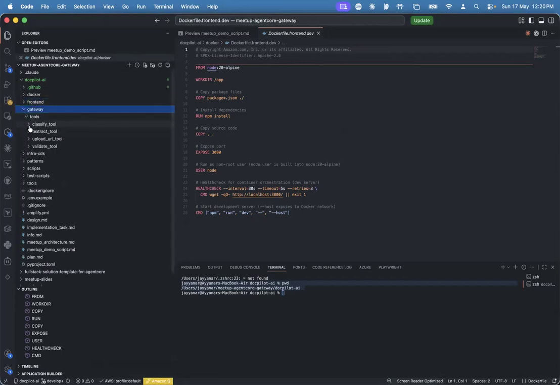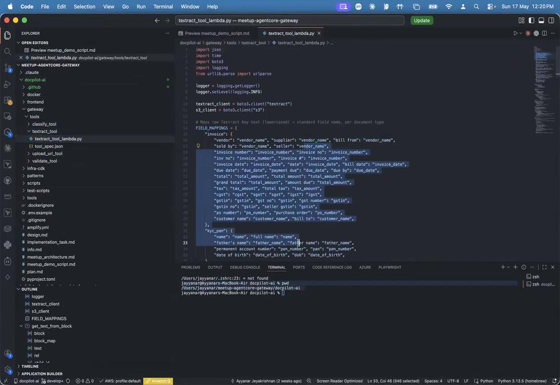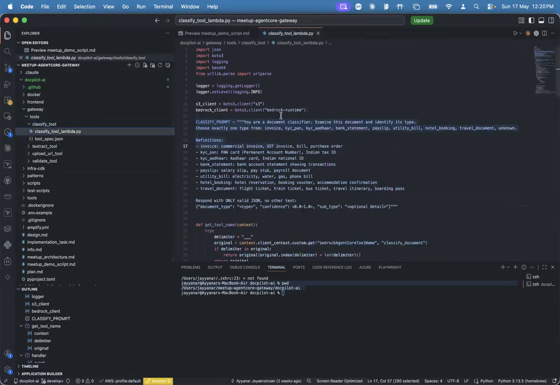Then gateway, you have the tools. You have the particular Python function. Under the tools, what are the gateways you have? You can keep a classification tool, text extract lambda function. This is where we need to edit it. See guys, the tool is speaking all this information. You can map it in a lambda function, or you can use it in some other knowledge base. It can be your database or MongoDB where you can do this validation. But this is about the Textract. It is using Textract as a Boto3 client. And classification, it is simply using Bedrock to classify. I'm just showing only these things. I don't want to do it for everything. If you want to have more classification, you can create invoice and everything.